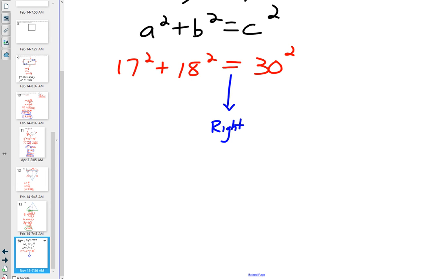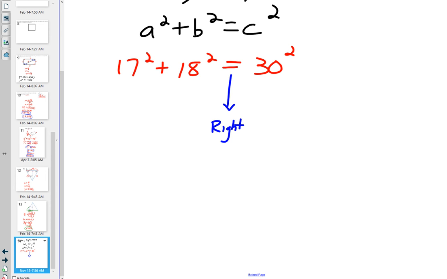I believe that was part of the notes. If we go back to the notes, I'll open them now, we can check it, and we plugged in to see if we had a right triangle. If 17 squared plus 18 squared gives me 30 squared, then these three side lengths would end up giving me